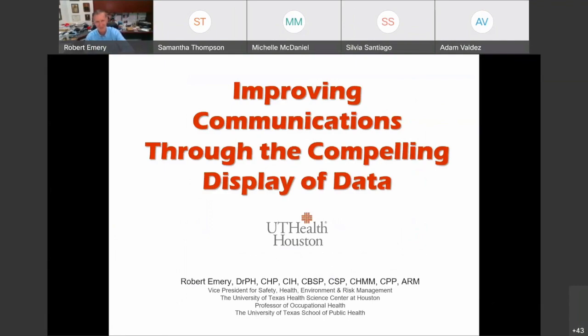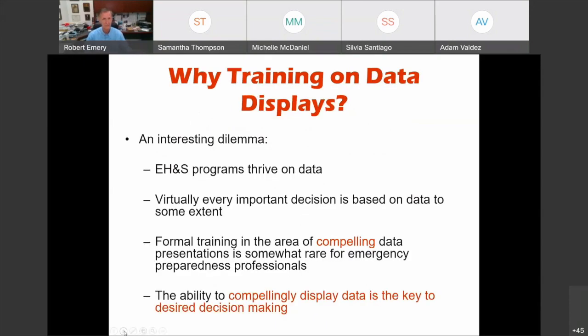What we're going to talk about is how we can improve our ability to tell our story to upper management and other stakeholders with health and safety data displays that are compelling in nature, and I'll explain what I mean by that. All EH&S programs should be thriving on data.